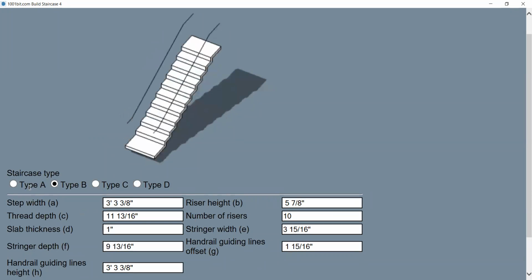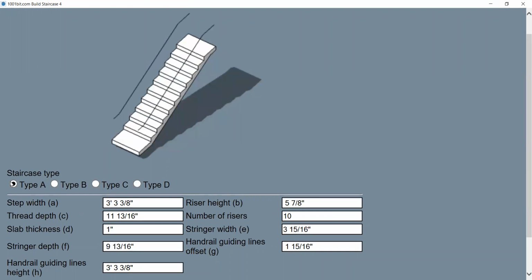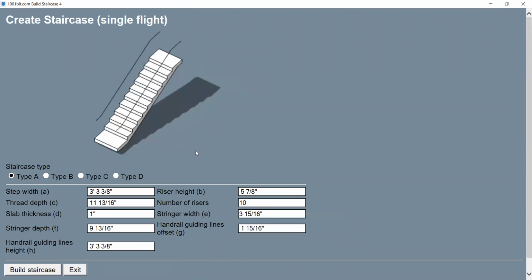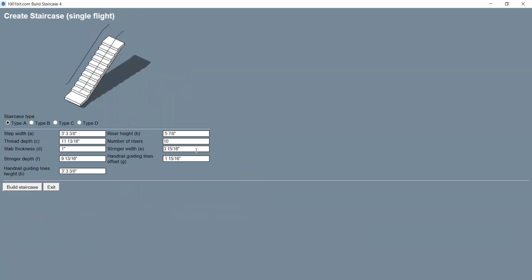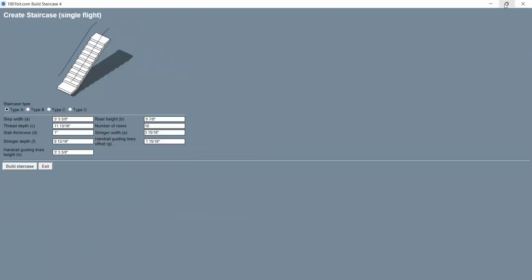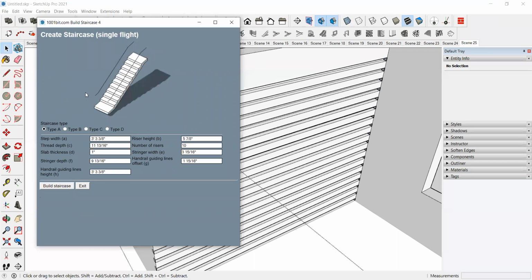So how it's coming. So first we'll see one by one. So first one is type A.